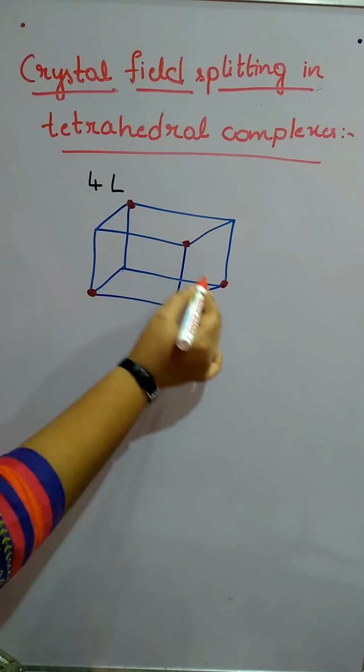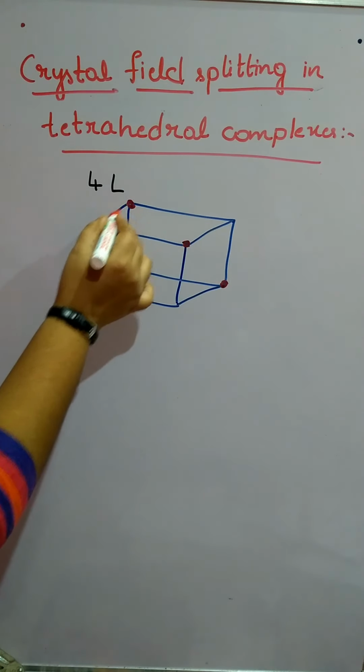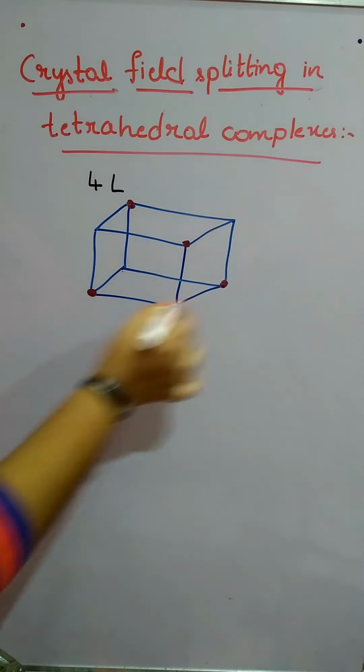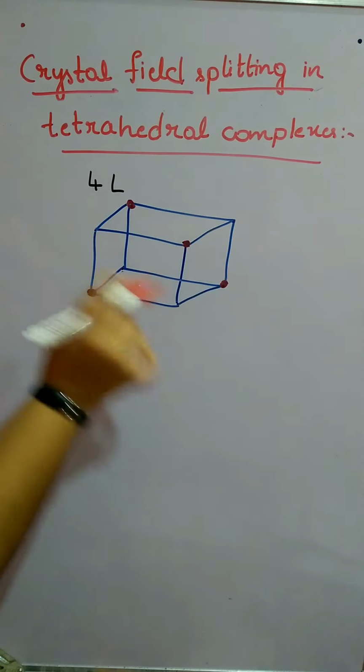So here this is also an alternative, this one is not there, this side is not there. However you consider, you should get an alternative end only. So in a cube, in the alternative corners, that is how the ligands will be approaching the metal atom. This is just an imagination of how the ligands will be present in a complex, approaching the metal.